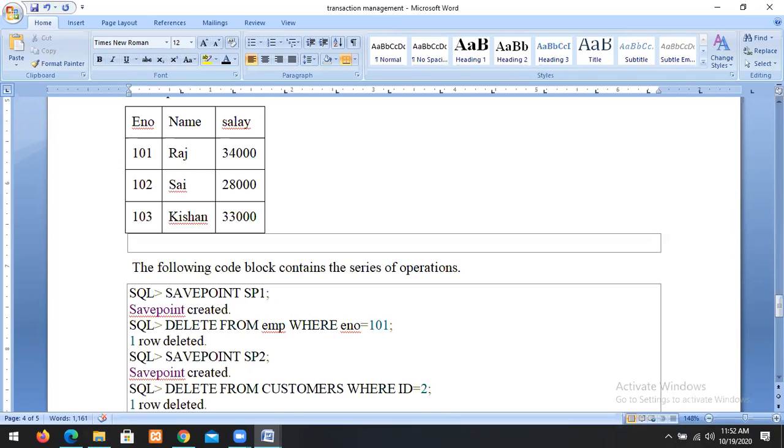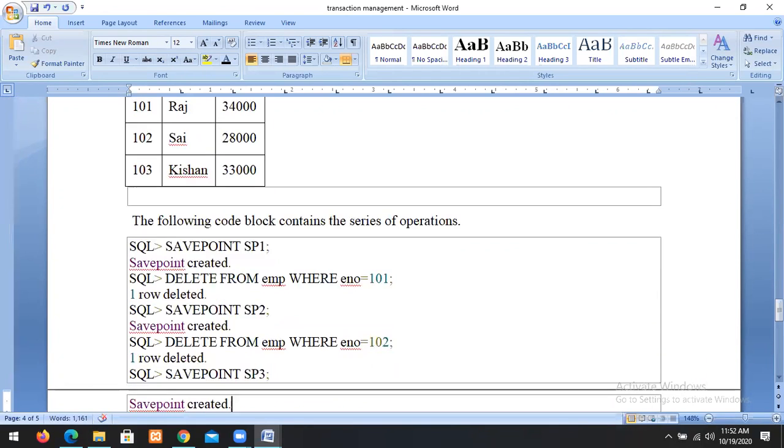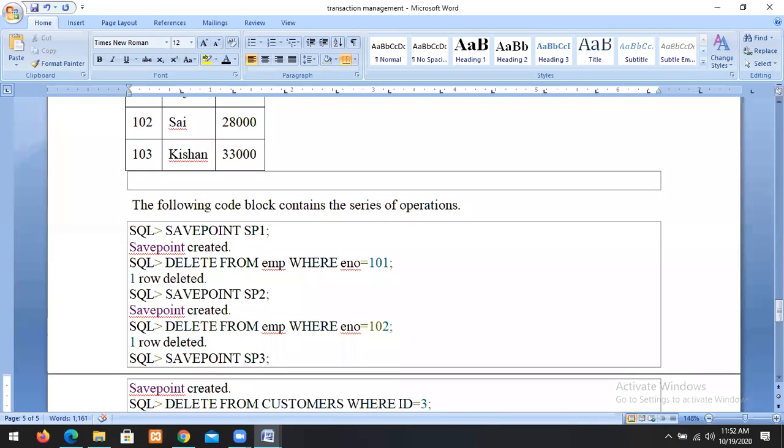Delete from employee where employee number equal to 102. Suppose I want to create save point 3.